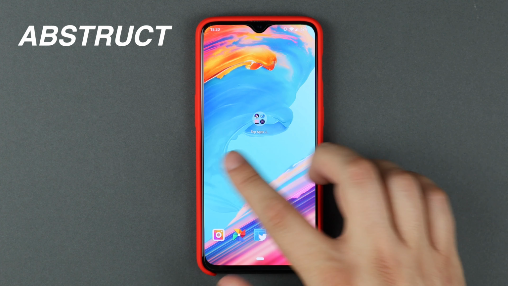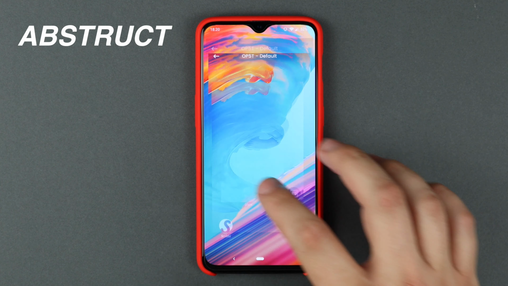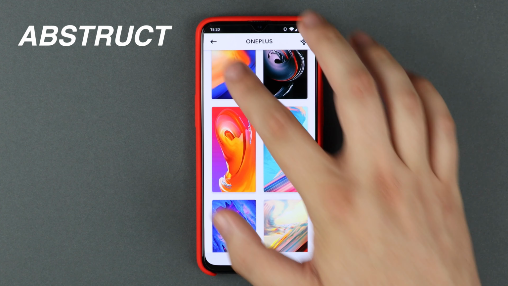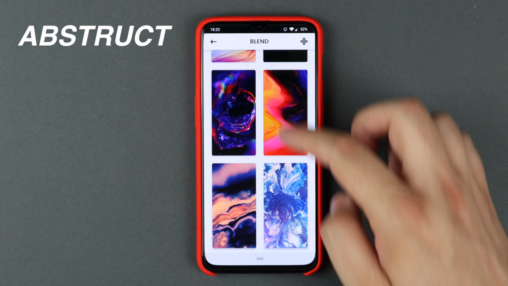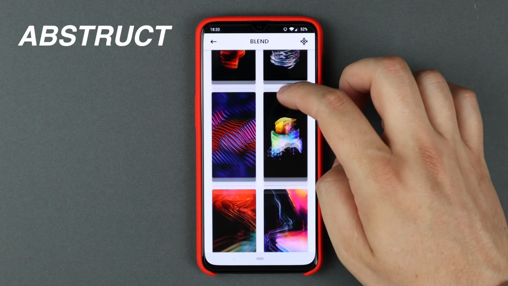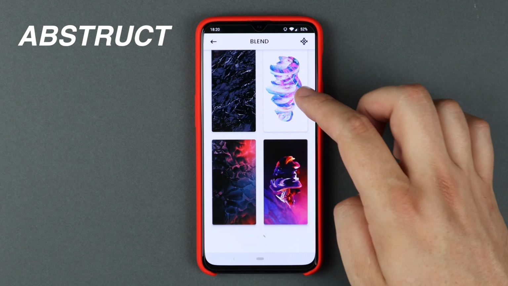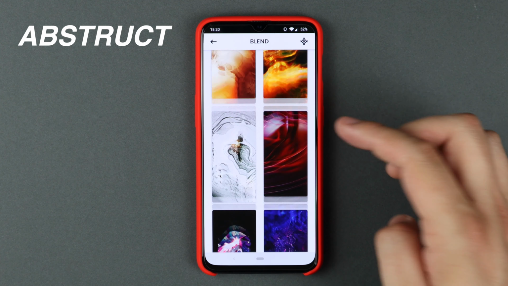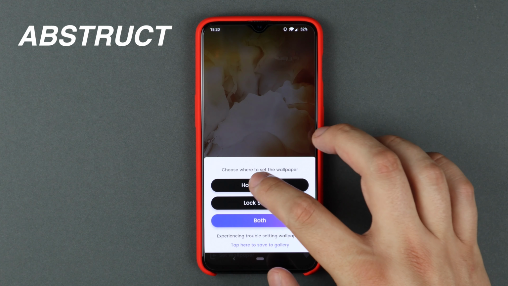Now the application does come with an in-app purchase, which does allow you to get access to all of the wallpapers and also the future wallpapers, and of course it does support the artist and the application itself, so in my opinion it's definitely worth doing. But even if you're looking for a free wallpaper application and you don't want to get the in-app purchase, this is still definitely an excellent choice with a ton of awesome wallpapers, exclusive artwork and super high resolution,